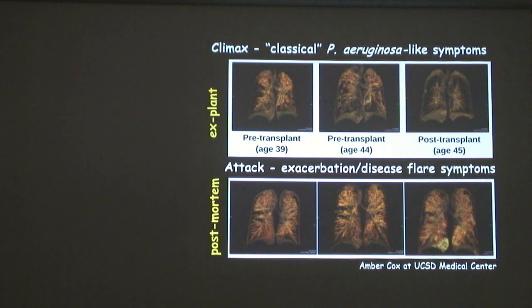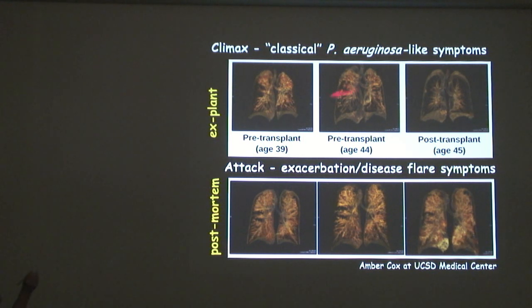And this is kind of what it looks like. Okay, so in this case we have a patient who has the classical community living in them, and they were stable enough to get a lung transplant. So this is the lung after the lung transplant. This is before. And what's interesting is you'll see essentially all the microbial communities are in the upper airways, right? And that's mostly because when you're coughing, you can cough deep and knock things out of your bottom airways much easier, but your upper airways are more stagnant. And so they're basically upper airway diseases for the most part.